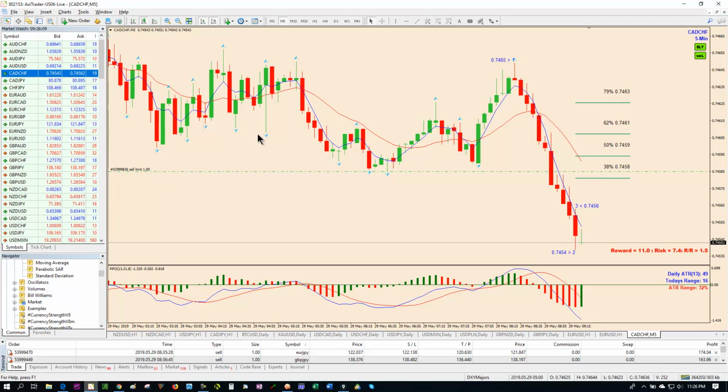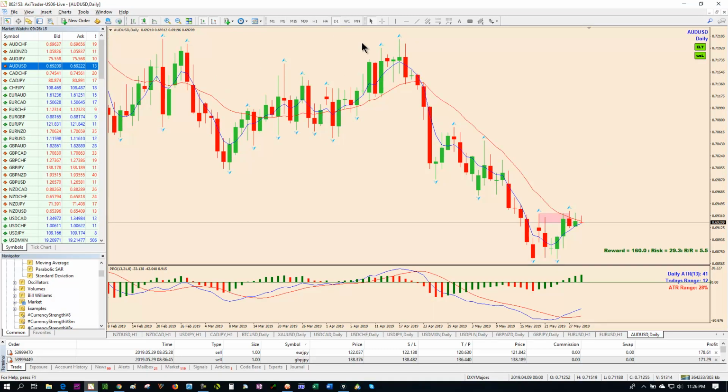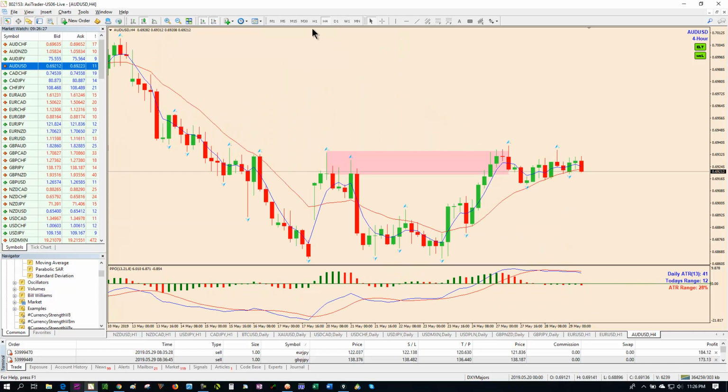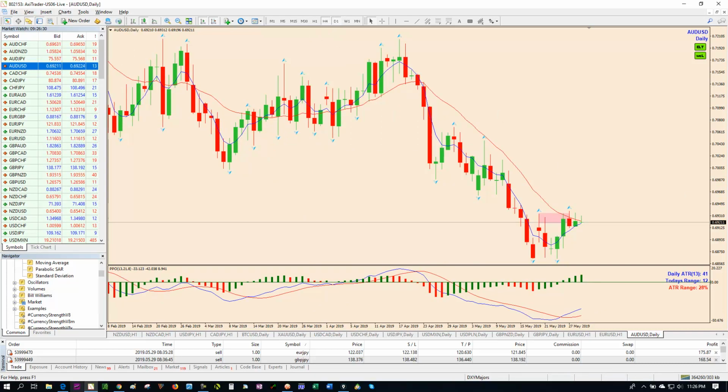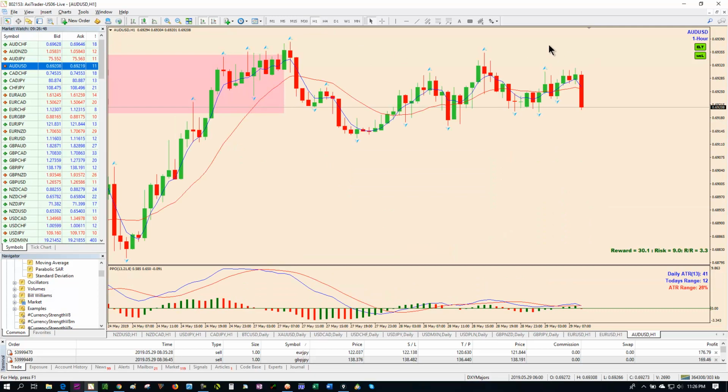All right, so I'm already 17 minutes in. Let's take a quick look at the major pairs. Aussie US dollar. We determined that the US dollar was strong, so we should be looking for some weakness in this pair. On the daily, you can see that we're going sideways. We drop down to the 4-hour, and that sideways movement has put us over to this edge, so there would be a 1, 2, 3 top here. If you wanted to enter going short, you would look for a 1, 2, 3 top at this end, either on the 1 hour, like what we have right now,